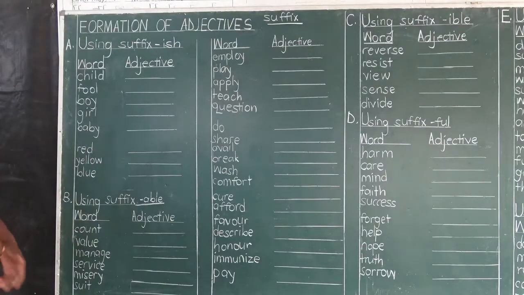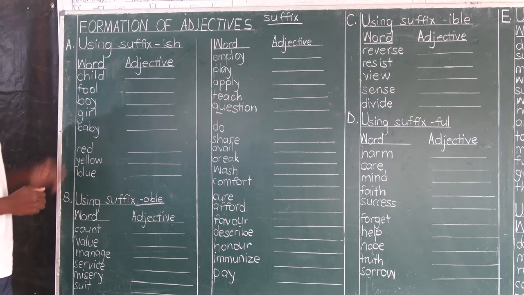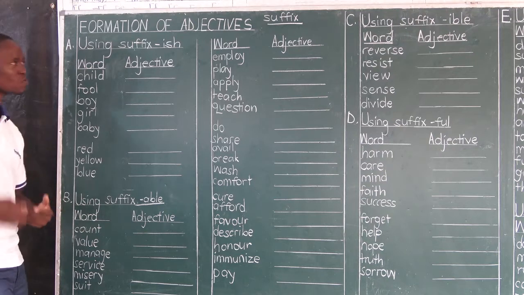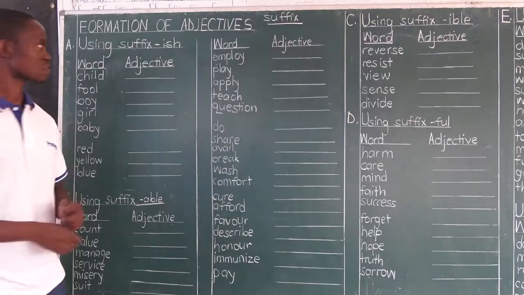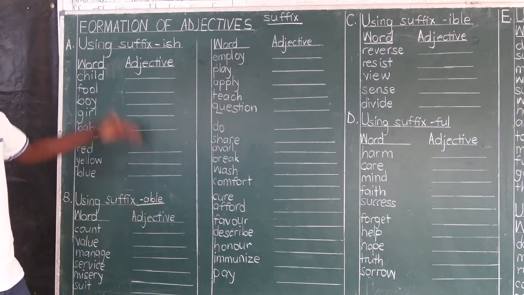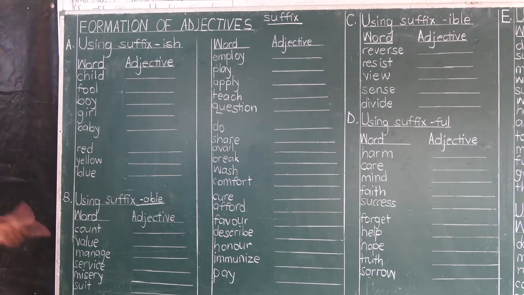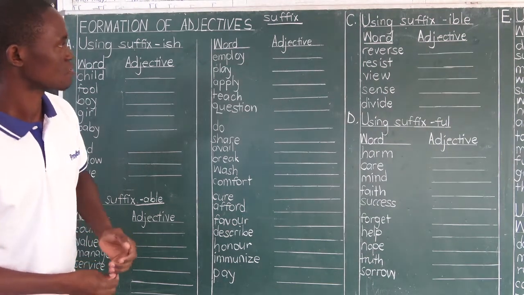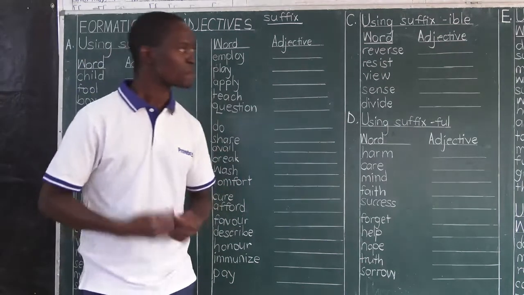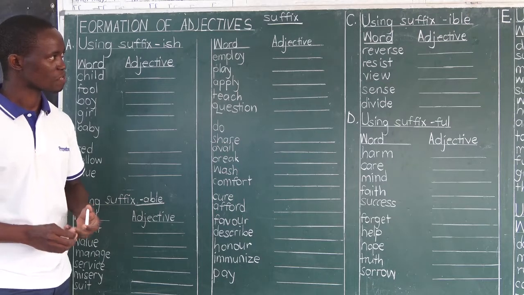So we've got that. From last time in our previous lesson, like I said, we had just an introduction. So here we go ahead with how to form adjectives from different words using suffixes. We have different suffixes we're going to look at. One is suffix ISH, then the suffix I, B, L, E, which is also a suffix. It's now a group of letters. We have adjectives we can form using suffix I, B, L, E.